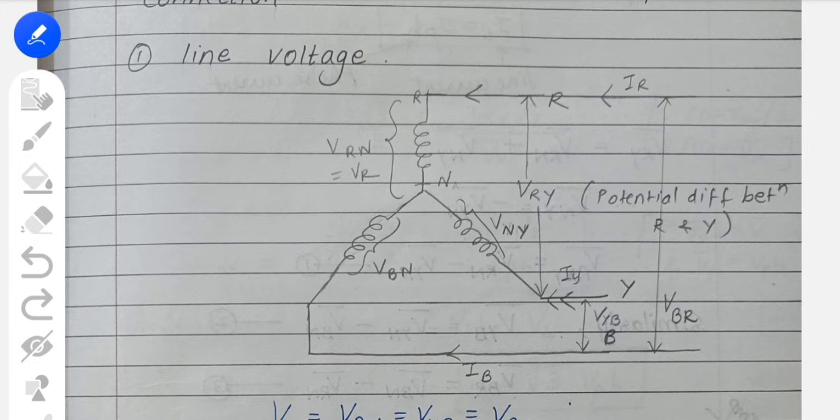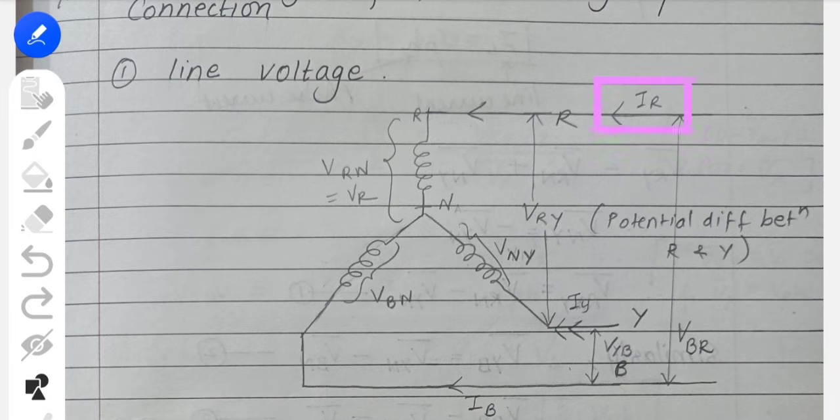Again, to tell you in short what you have to do: first you have to draw this star connection. Then you have to mention R, then here Y, and here B. Don't forget, people write B over here, which is wrong, as the voltage will not come correctly. So you have to draw B over here. Then you have to go for current. For current you have to make the line. Then you have to show this current, that is IR across R, then here IY across Y, and here IB across B. Only this much current you have to show.